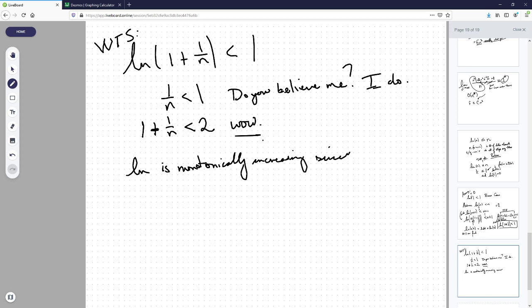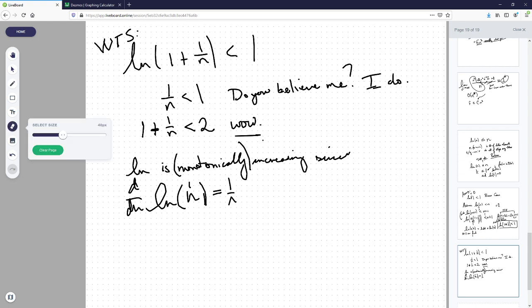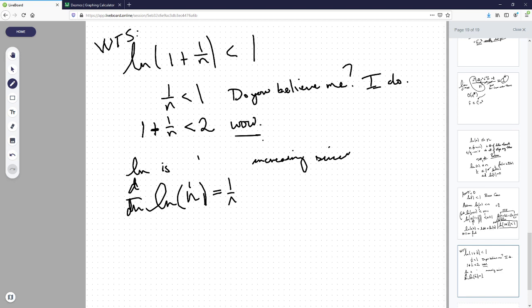Since the natural log of the derivative... no series, I'm going to say natural log is increasing. You can even just leave out the word monotonically. Let's just say natural log is increasing. Better. Since the derivative is positive,